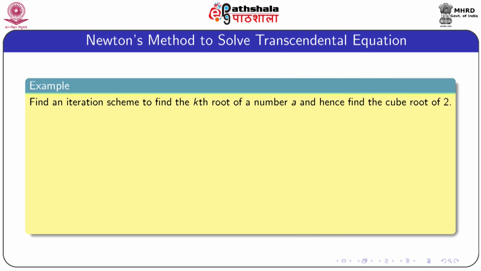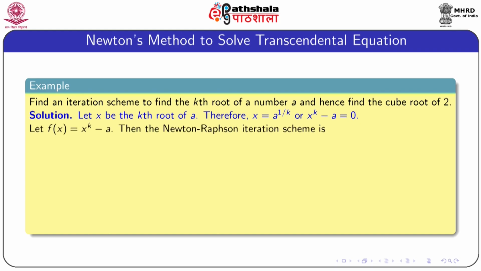Now we consider another type of example. The problem is find an iteration scheme to find the kth root of a number a, where a is any real number or it may be a complex number, and hence find the cube root of 2. So for this purpose we assume that the kth root of the number a is x, that means we can write x to the power k minus a equal to 0, and let x to the power k minus a be the function f(x), and for this function the Newton-Raphson iteration scheme is this one,